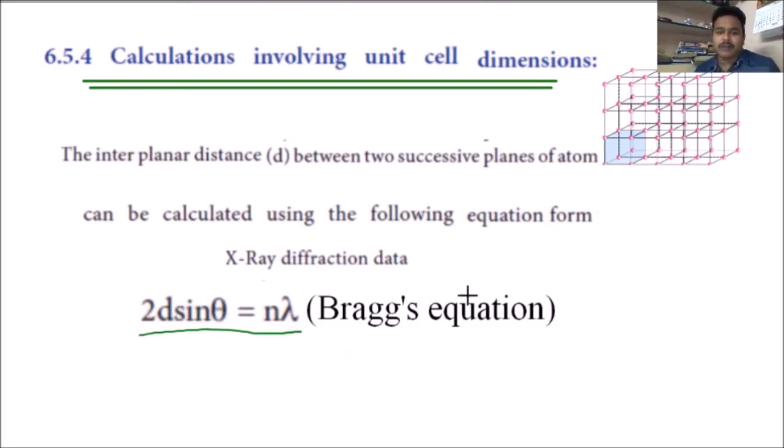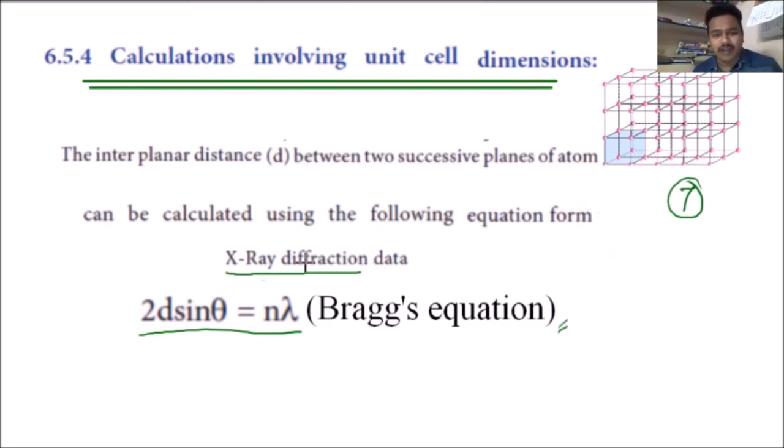For what purpose are they using it? They are using it to calculate the unit cell dimensions. Unit cell dimensions means the lengths. Here we are talking about a cubic unit cell, so the edge length is a. For any other crystal system, we have 7 crystal systems, if you want to find the dimensions, you use this equation in the process of X-ray diffraction.